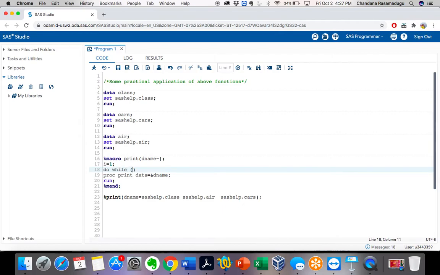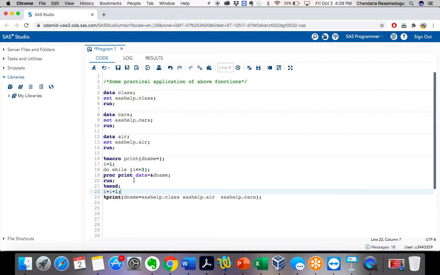I want that to be read three times, so let's give i<=3. That means it reads the program three times. How can it take an increment or decrement? For that I need to use i=i+1, right? Then only it will increment the i value. So let's give i=i+1 here.